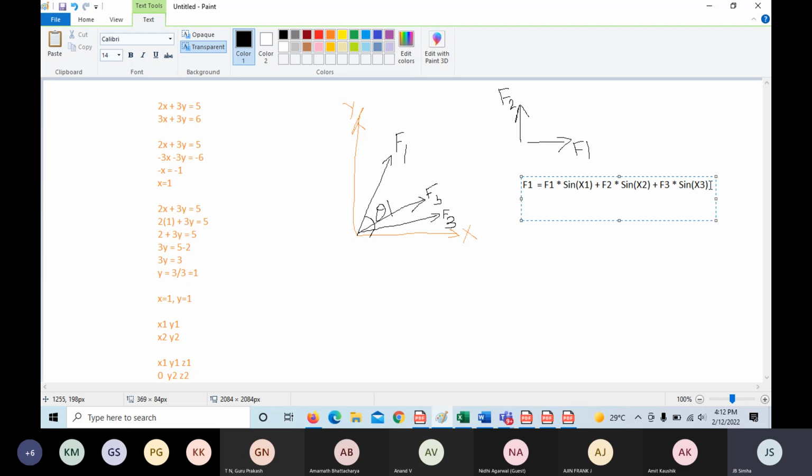Now we can rewrite the same thing for F2, right? This is nothing but F1 into cos x1, plus F2 into cos x2, plus F3 into cos x3. So we have this. So now we can see all of these forces have been reduced to only two forces,